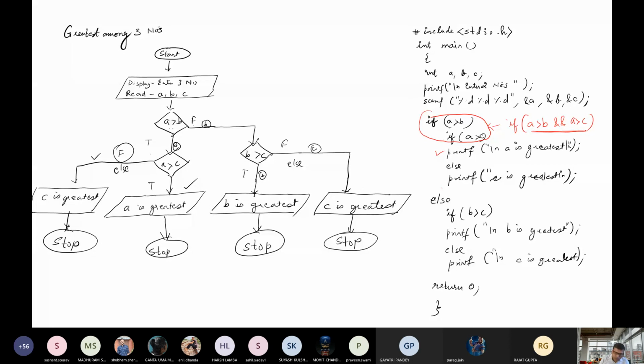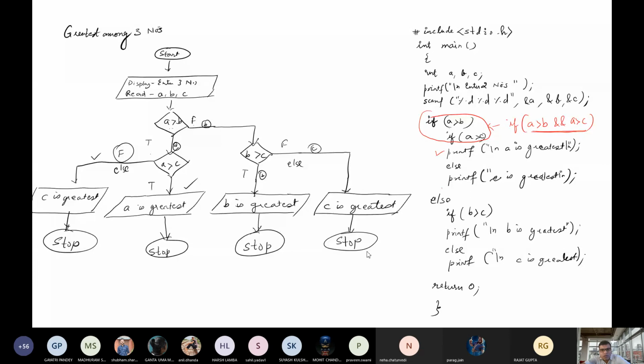Yes, sir. Sir, why have we used slash n? Slash n is used for new line. I will show you by example so that you will very easily be able to understand. Let me start the virtual machine and let us ask some other questions also. Until the virtual machine starts, you can ask any question.